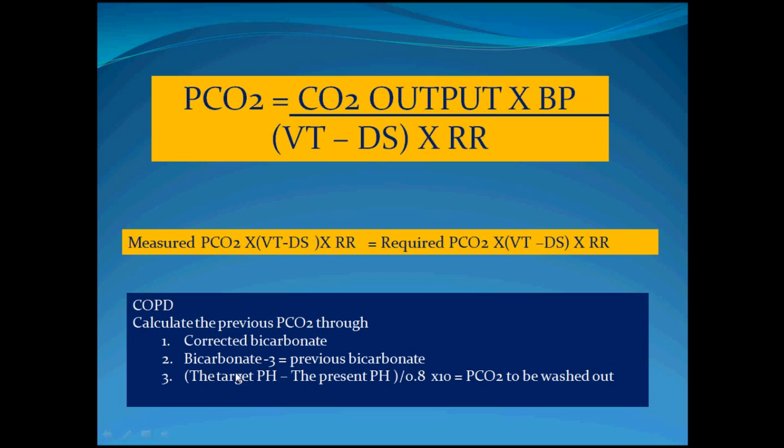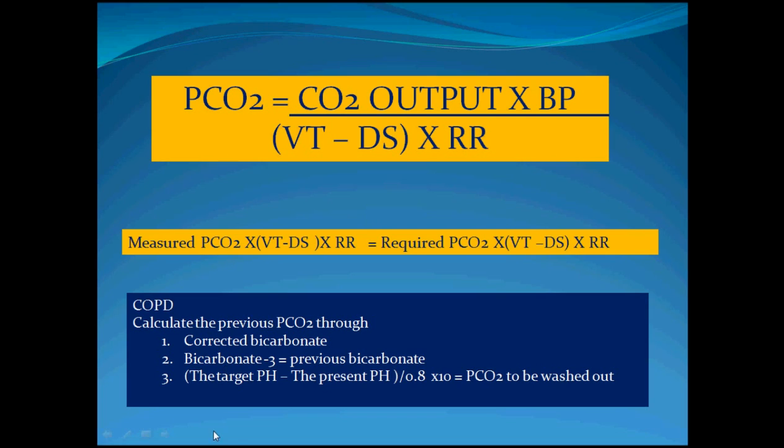Another formula is the bicarbonate minus 3. This is if it is just a simple acute exacerbation without any metabolic problem. This means that the kidney will compensate by adding 3 to 4 milliequivalents per liter of bicarbonate. So if you subtract this 3 or 4, this gives you the previous state of bicarbonate. Previous bicarbonate, how far from 24? This is the normal. And you come to the formula: one millimeter mercury increase in the partial pressure of carbon dioxide will be associated with an increase in bicarbonate of 0.35 milliequivalent, so you can know